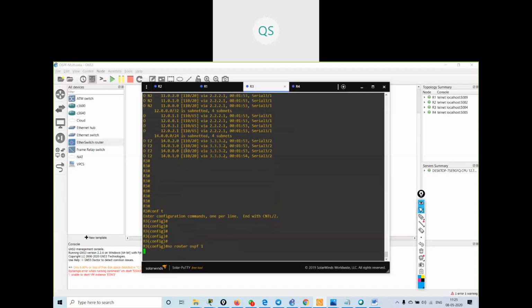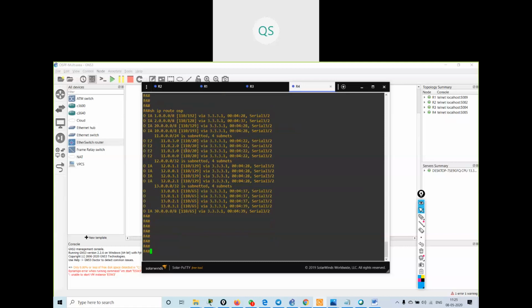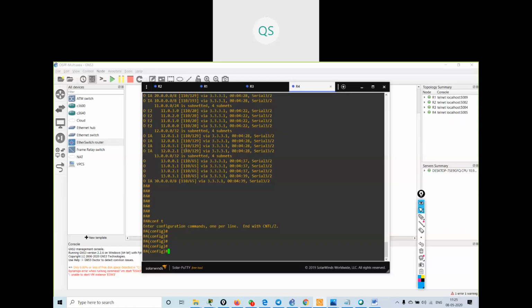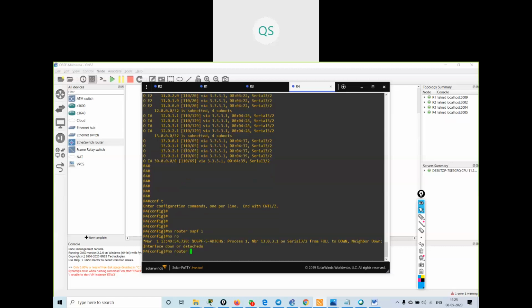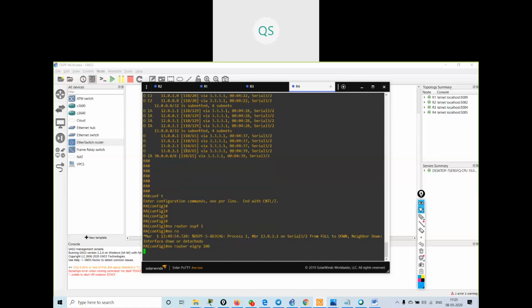On R4 I think I'm running EIGRP, so I will say no router ospf 1 and no router eigrp 100.